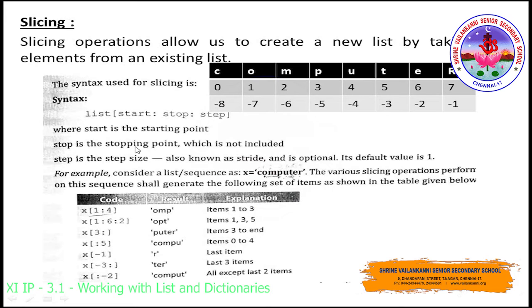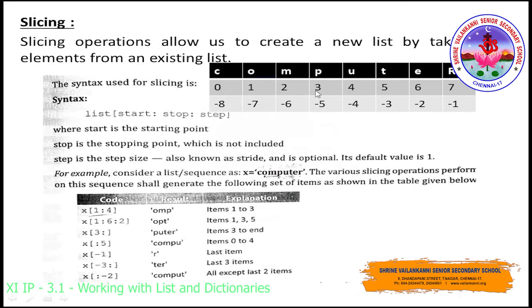So operations on list means you will be completely making use of symbol based operations on the list. That's why we are performing operations on list. Yes, and if you see here, the syntax used for slicing is list of start, stop and step parameters. So totally it consists of three parameters, which is much similar to the range function.